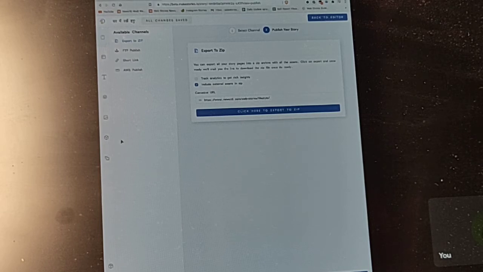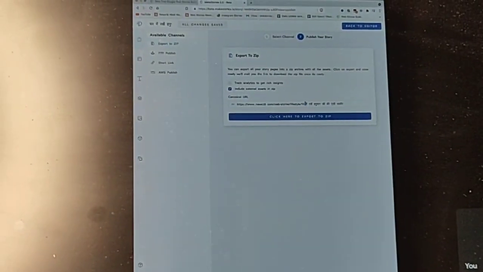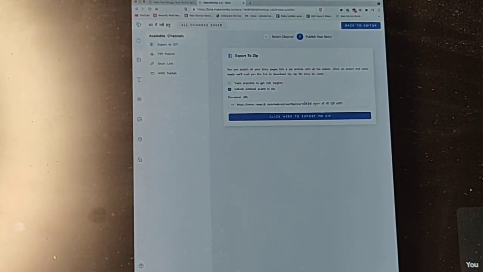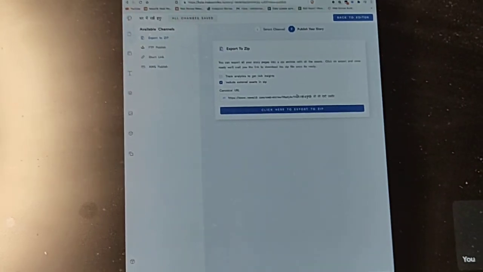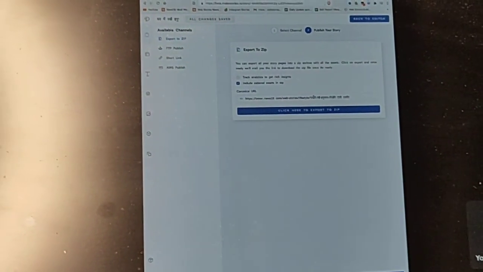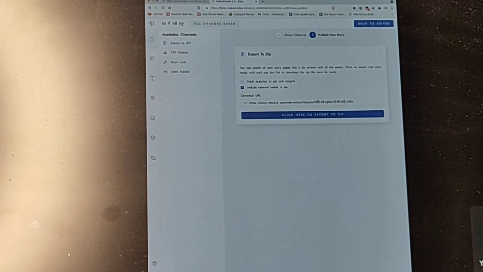First you paste the URL, then the story name, and you have to make sure there are no spaces in the URL. Replace all the spaces with dashes.